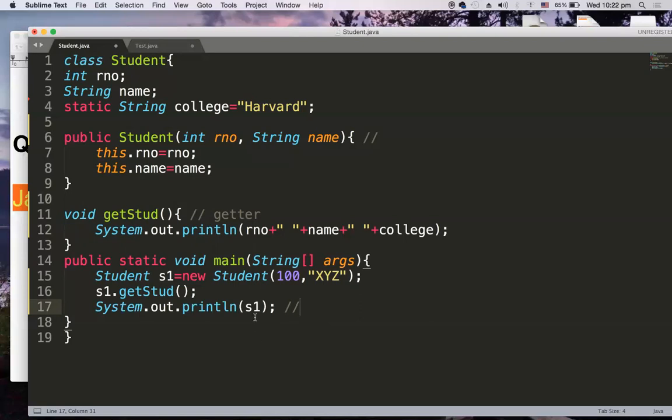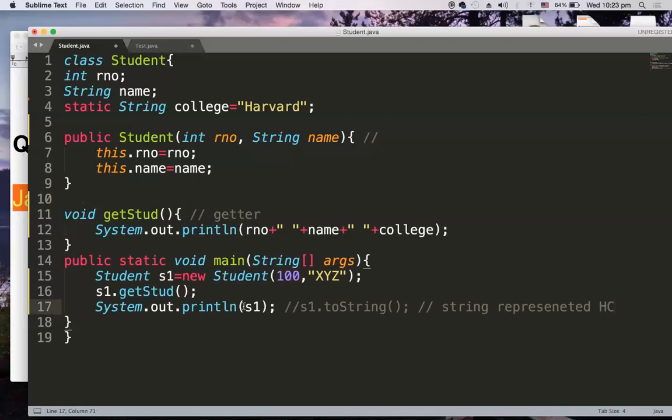So whenever you print s1, what actually happens? s1.toString. So this is implicitly going to happen. A toString method is going to get appended over here to the s1. So it will print the string representation of the object reference. Whenever you print s1, this is nothing but s1.toString. toString is going to get appended for every object reference. So it will be printing the string represented object reference, that is nothing but hash code.